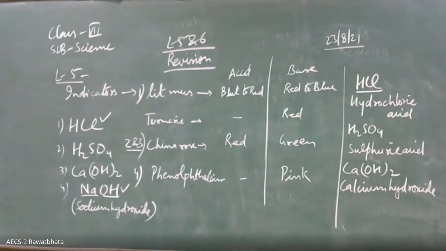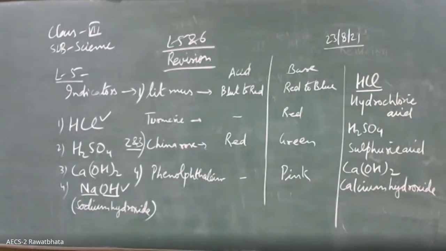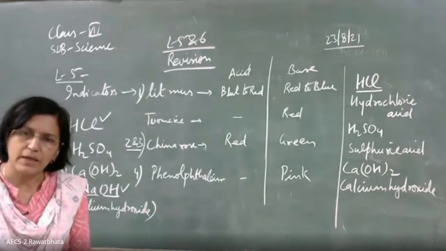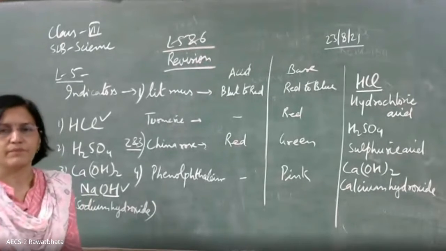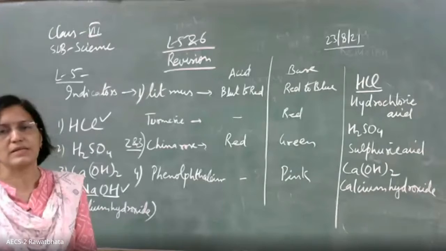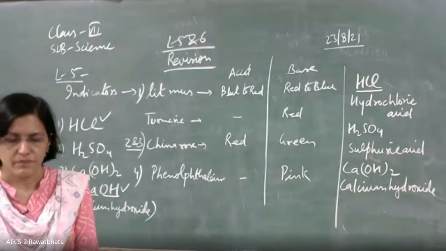For neutralization reaction also, they may ask you what are the end products. And after neutralization reaction, some small headings from there also, multiple choice questions may be there. For example, in an ant bite, which acid is present? That is formic acid. And what do we apply on that? We may apply a base, calamine lotion. Calamine lotion contains zinc carbonate that actually neutralizes the effect of acid on it.